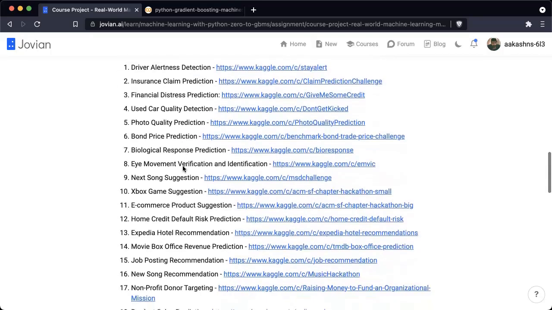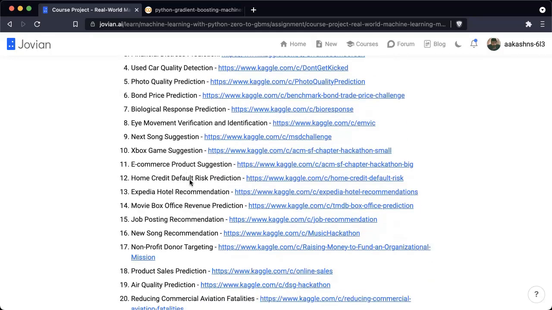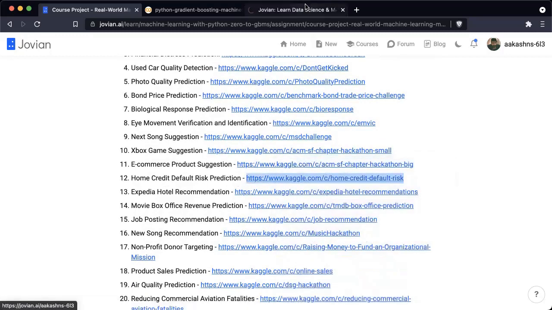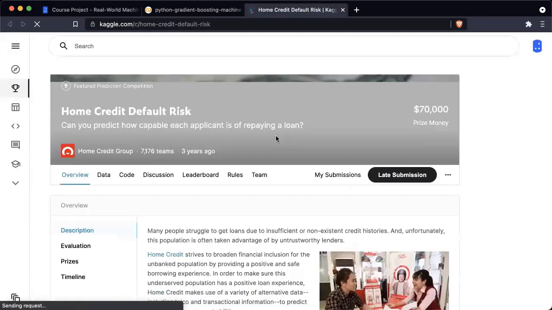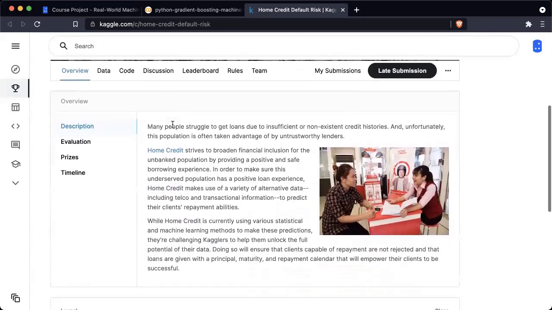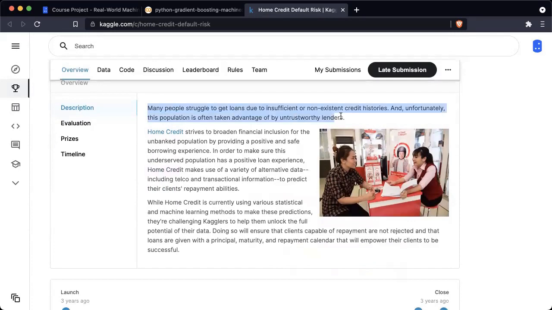So let's go through one of these project ideas. Here let's look at home credit default risk prediction. So let's open up this dataset. This is part of a Kaggle competition that ended 3 years ago. And the first thing you would want to do is read through this description.